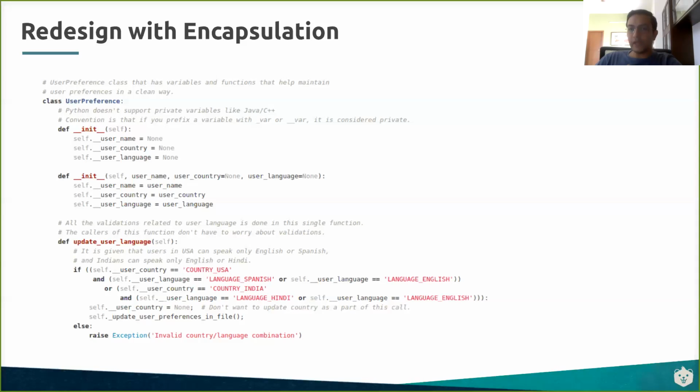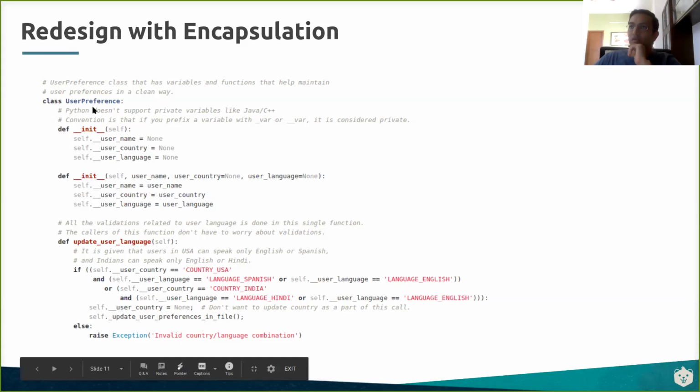If that were true, then these iOS, Android, and web handlers would not have needed to come in and do the validation on their side, correct? All of them would have just invoked this independent user preference module, which would do all the validation, right?